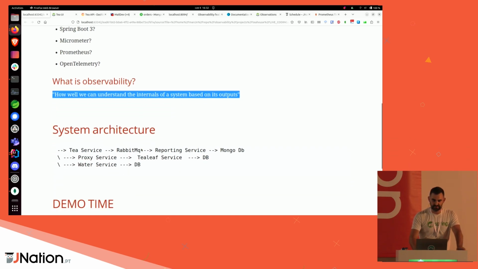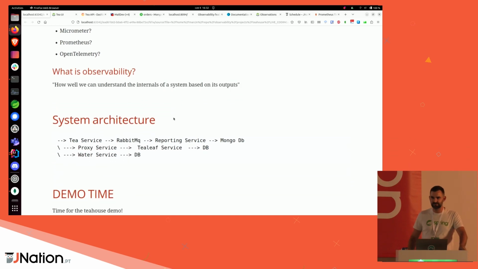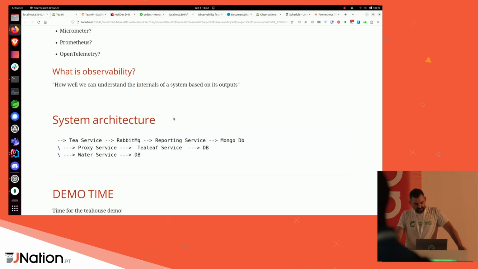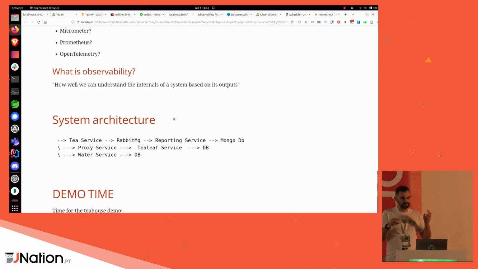So this is our system architecture. It's not as beautiful as in your enterprise architect software. In essence, there is an edge service called T-service. When a request comes in, we send messages over RabbitMQ to a reporting service that will store the data in MongoDB. T-service will also call, over HTTP, a proxy service, which is a gateway. The gateway will call T-leaf service, which is going to store data in Postgres. T-service will also talk to water service that will talk to Postgres. So we have apps based on HTTP communication, messaging, a relational database, MongoDB,